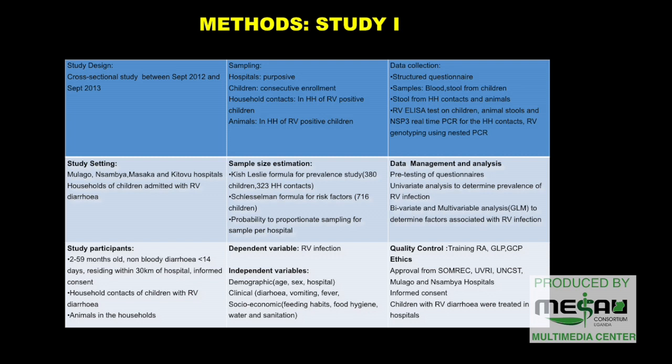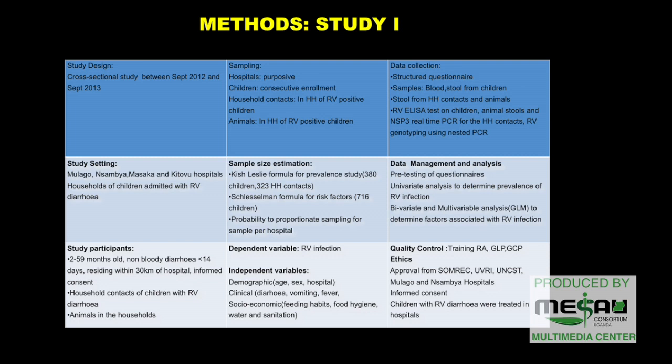So the patients we looked at were aged 2 to 59 months old, who had acute diarrhea that was less than 14 days. It was not bloody. Then we also looked at the household contacts of the children who were rotavirus positive and the animals in those households. We purposely selected the hospitals, as I already mentioned, and for the children, we enrolled them consecutively as they came into the hospital. For the household contacts, after enrolling the children, those children who tested positive went back to their homes and recruited the households and the animals